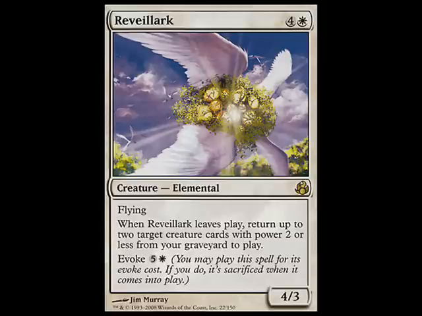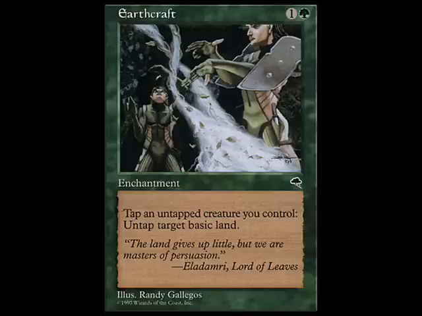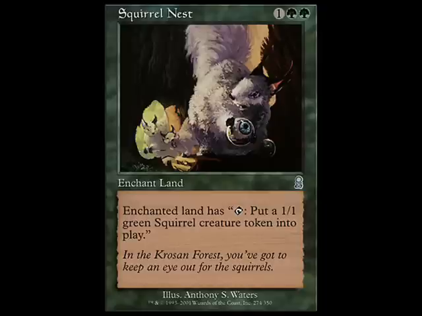Okay, now, do you have any other reliable combos or win conditions that you reach for? Certainly. A lot of the other ones revolve around Earthcraft, which is an enchantment from Stronghold, I believe. It's 2 mana, says you can tap an untapped creature you control to untap a basic land. So with something like Squirrel Nest, which is probably the most obvious combo,